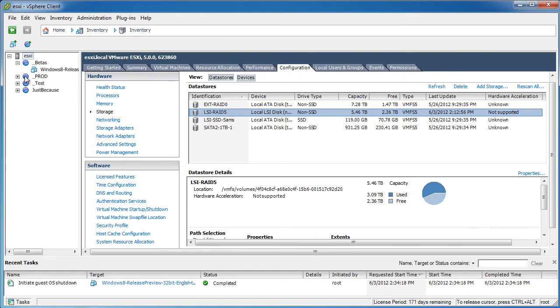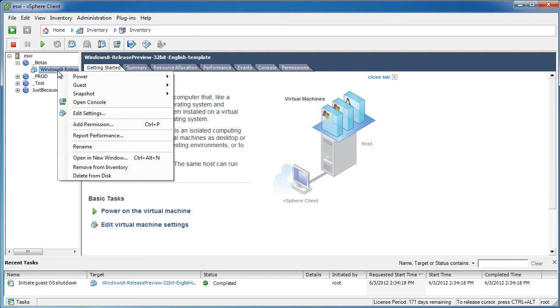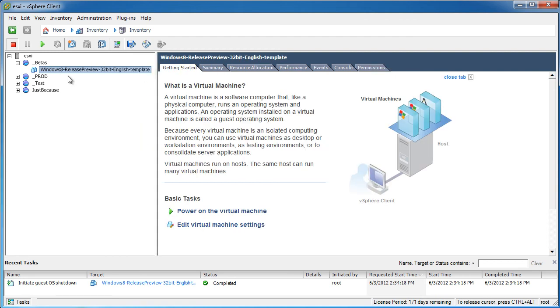We've got a VM we like. And I'm not running vSphere right now, but you'd right click and then convert to template. And now you'd have a read-only copy of that VM ready to deploy or clone from